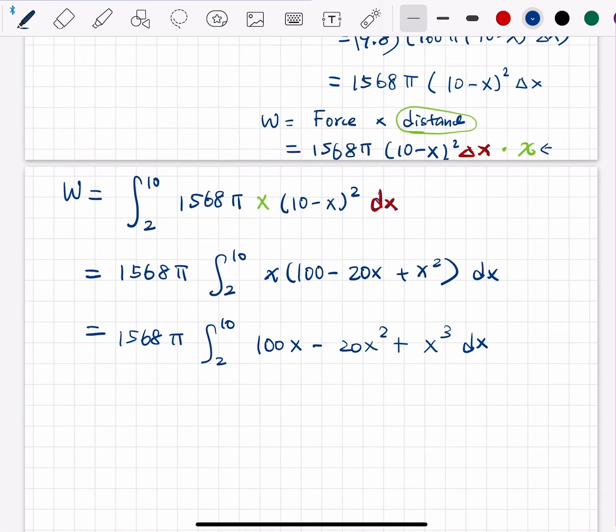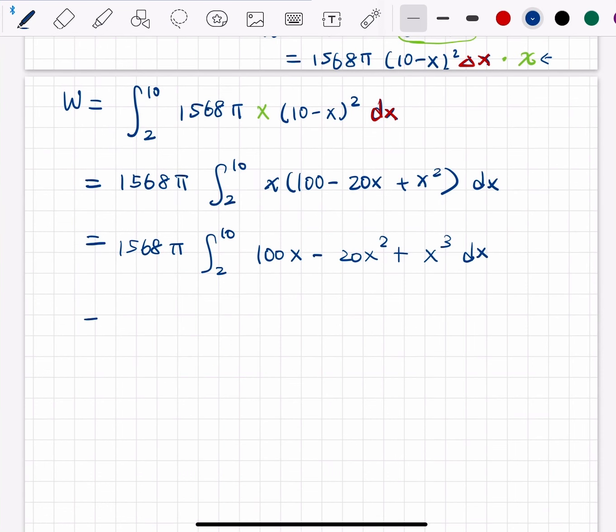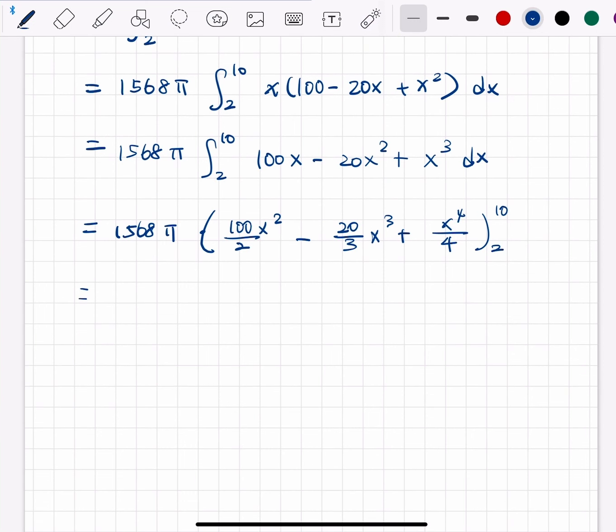This is an easy one to find the antiderivative. Times 100 over 2 x squared minus 20 over 3 x cubed plus x to the fourth over 4, integrating from 2 to 10, which is going to be